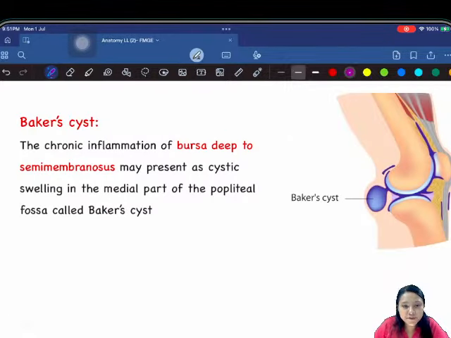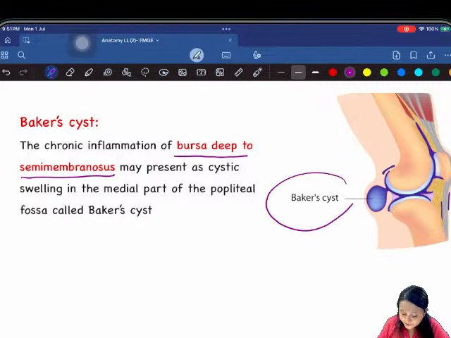Now what is Baker's cyst? As already discussed, there is a bursa deep to the semimembranosus, and if there is bursitis there, it is known as Baker's cyst. Now this Baker's cyst is a cystic swelling, and this occurs in the popliteal fossa. ठीक है, अगर popliteal fossa में pulsatile swelling हो,